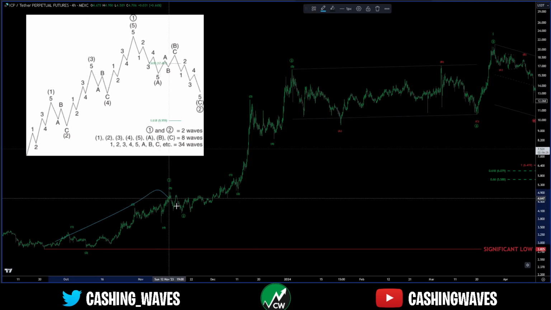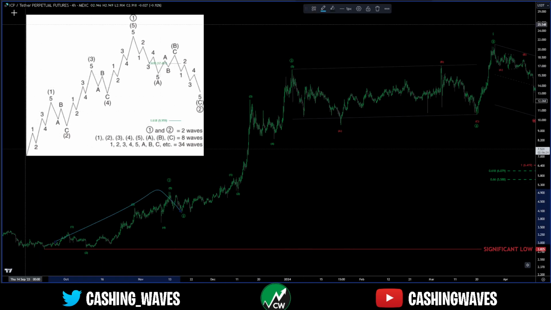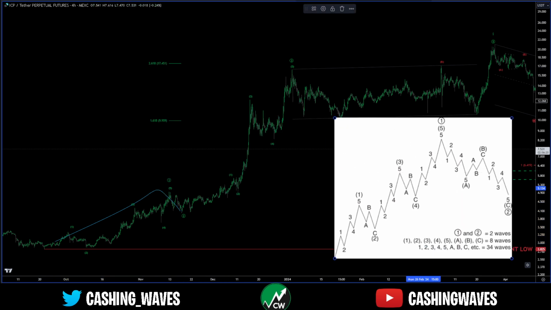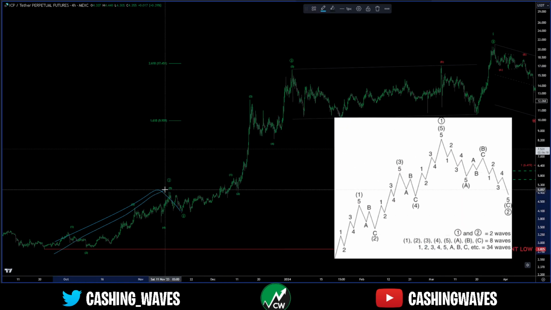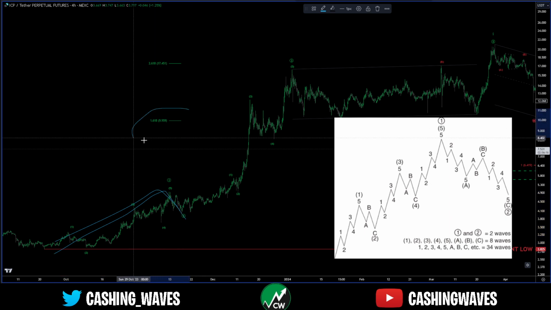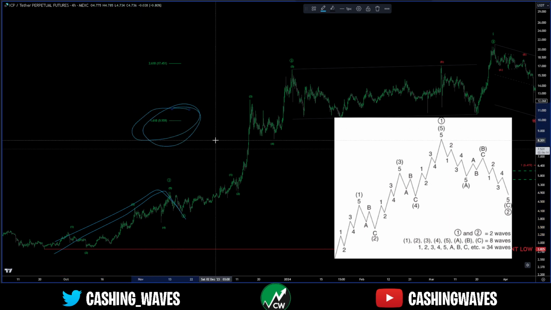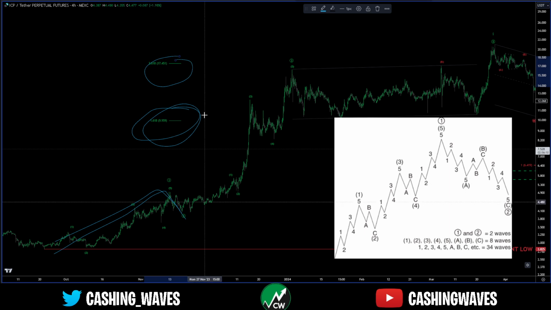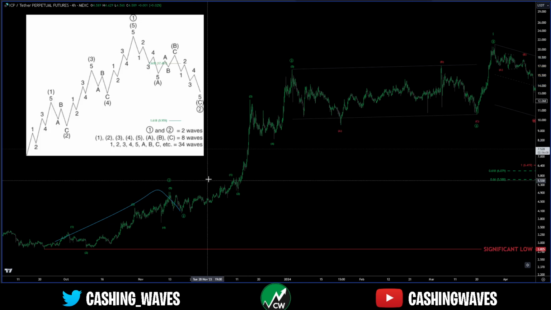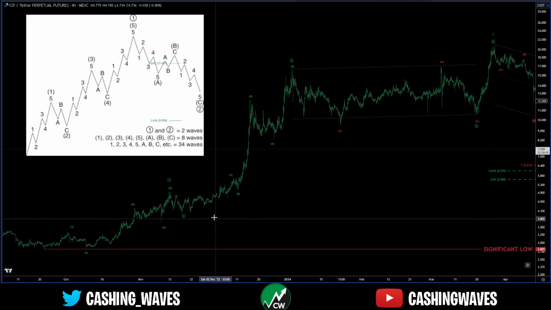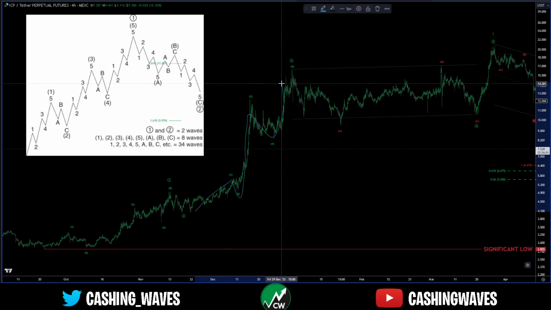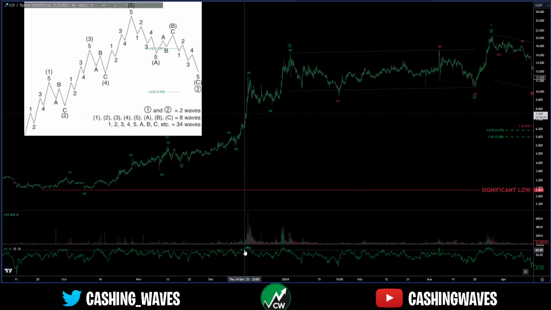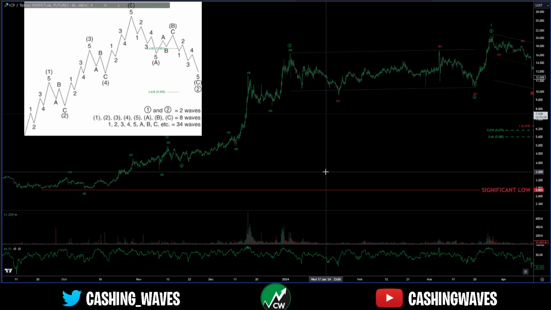Looking for a 1-2. Extensions for your 3rd wave to help you target it: you take the extension of wave 1 off of wave 2. Look for the 1.618 extension for your 3rd wave. Second target is the 2.618 extension. Now within this 3rd wave, you also want a 5-wave move, which is right here. You want the most volume and peak RSI. As you can see, all were